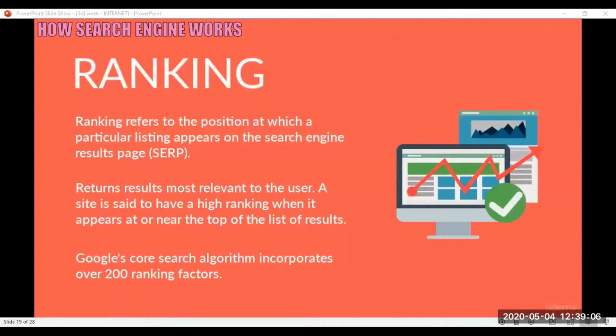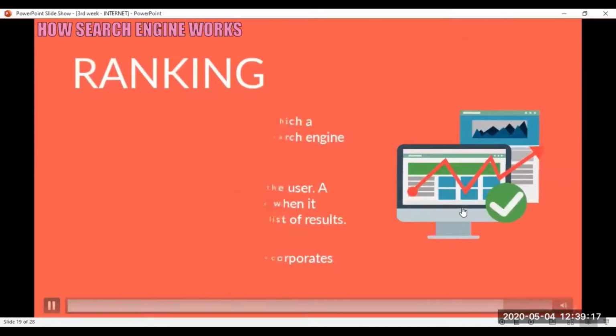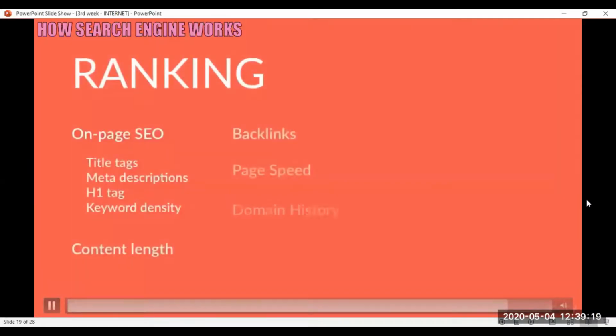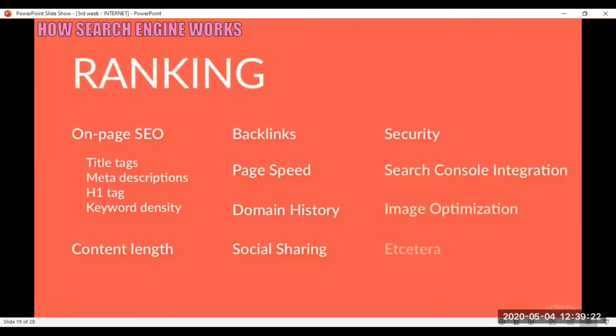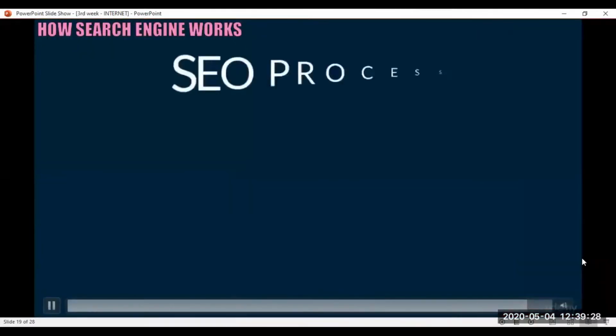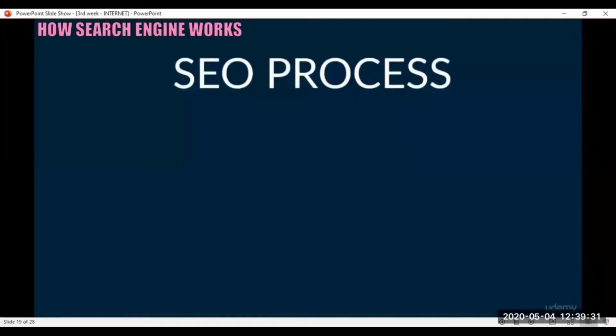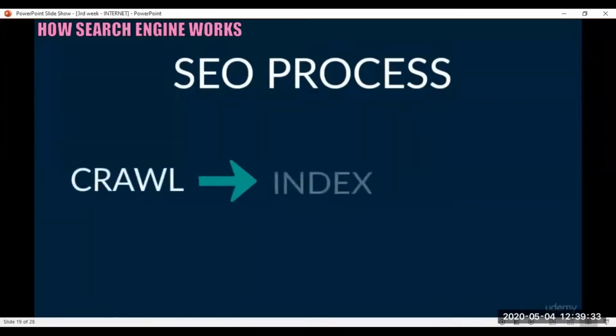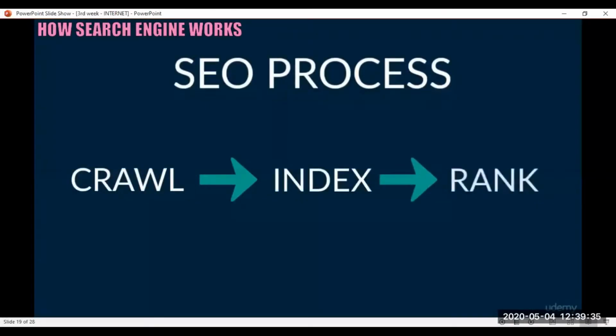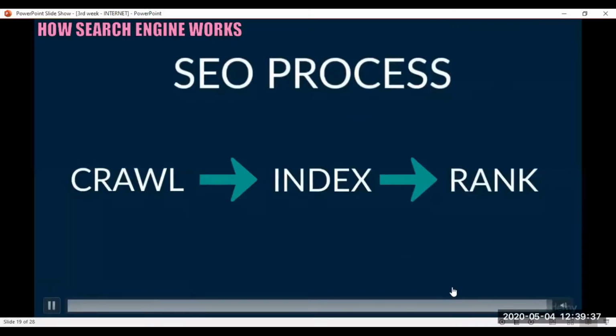In addition, Google is constantly adjusting and updating its search result terms. So a website that is ranked at the top of a results page today may have a different position next month. Throughout this video training series, we'll cover the most important ranking factors to optimize your WordPress site for higher rankings on search engines. Well, that about wraps it up for this video on how search engines work. It's important to note that in order for your website to rank well, you need to make sure the search engine can crawl and index your website correctly, which we'll cover in the subsequent video tutorials.